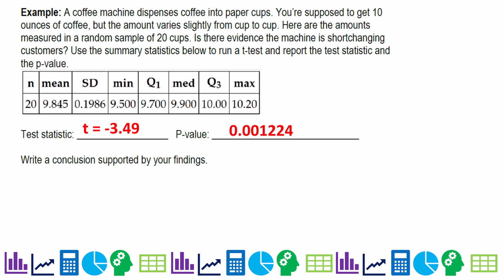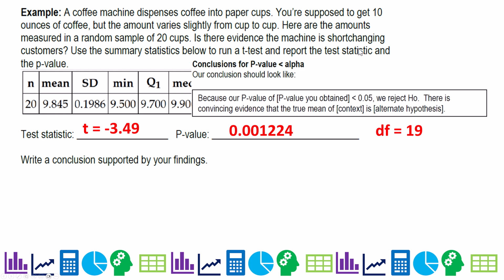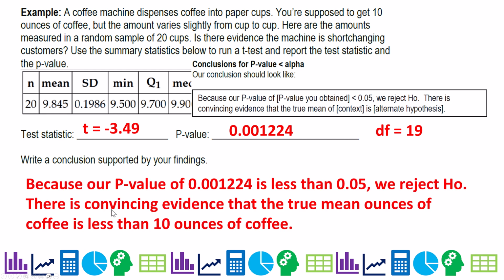So we have our test statistic and our p-value. And it's always nice to have your degrees of freedom, which in this case is 19. So how do we write our conclusion? Our p-value is very low. So we use this little piece right here, p-value less than alpha. Because our p-value is